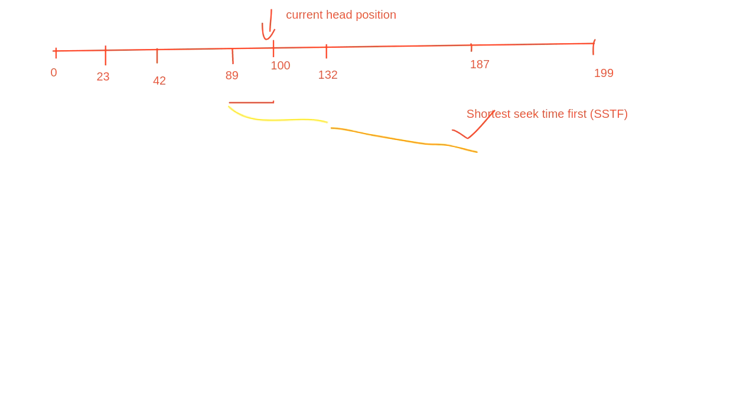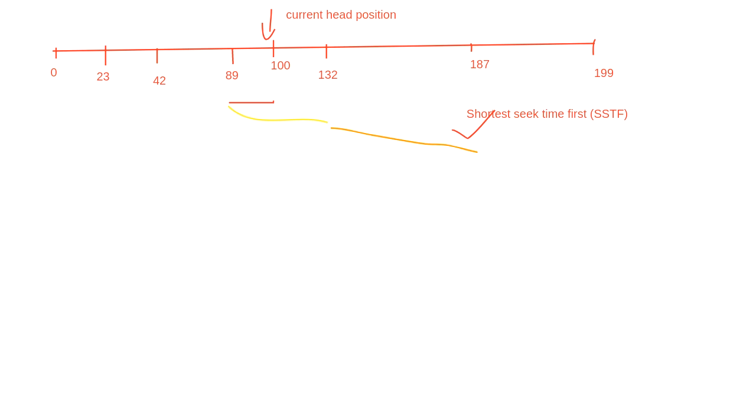Not going to 42, going to 187 is shorter. If you go to 42, it is more. So shortest seek time first says that whichever is the nearest request, first complete that. Now from here you don't have any request on the right hand side. This is the last cylinder. So now from here you can come back and serve the previous requests.